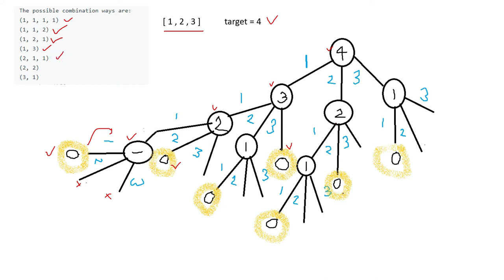So here it will be 2 plus 2, and here it is 3 plus 1. If you look at the picture, things will be clear, right? Whatever I have marked as a yellow circle, those are all my result points, where we are making it 0. And after 0, I am not proceeding. Why? Because that will be a negative number, so there is no benefit in going there. If you write this complete decision tree, then you will get the result.